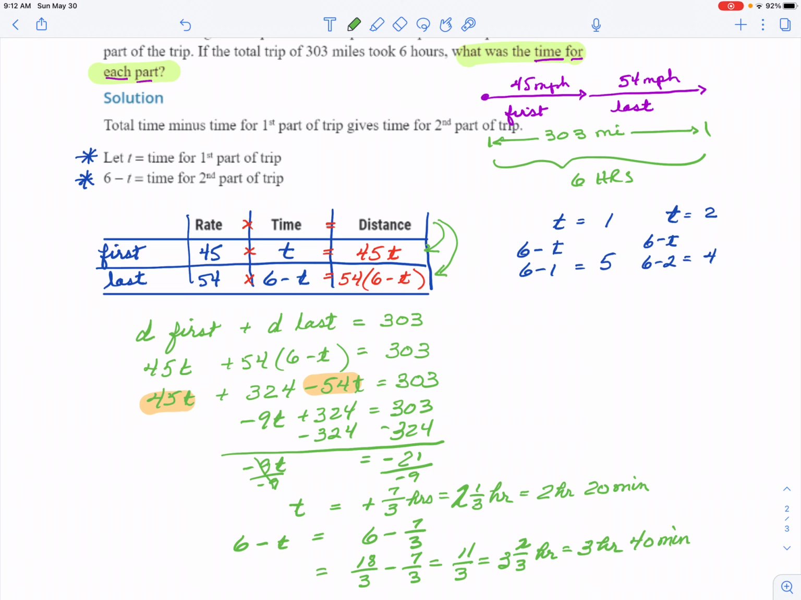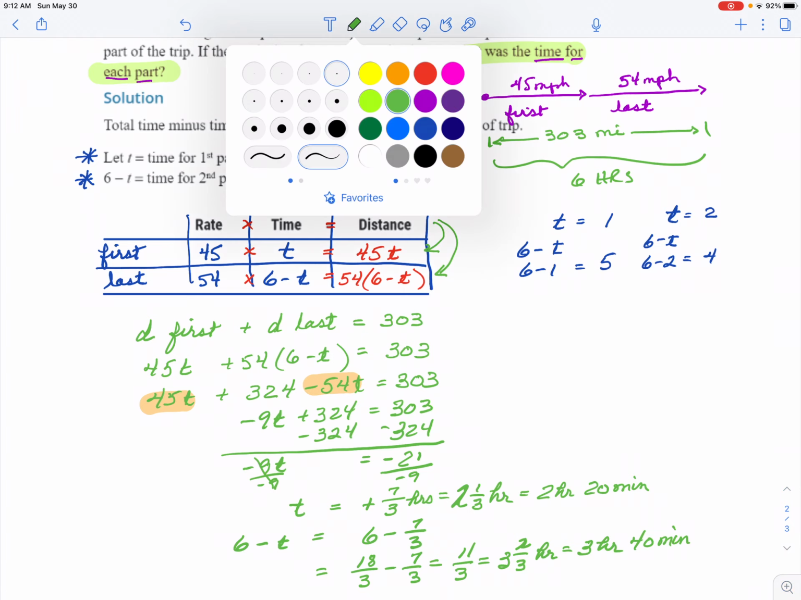All right, so the question is, number one, does that add back up to a total of 6 hours? I'm looking at 20 minutes plus 40 minutes is 60 minutes, so that's an hour. 2 hours plus 3 hours is 5 hours, and this one more hour adds that back up to 6. So if you wanted to go a little further with your check,